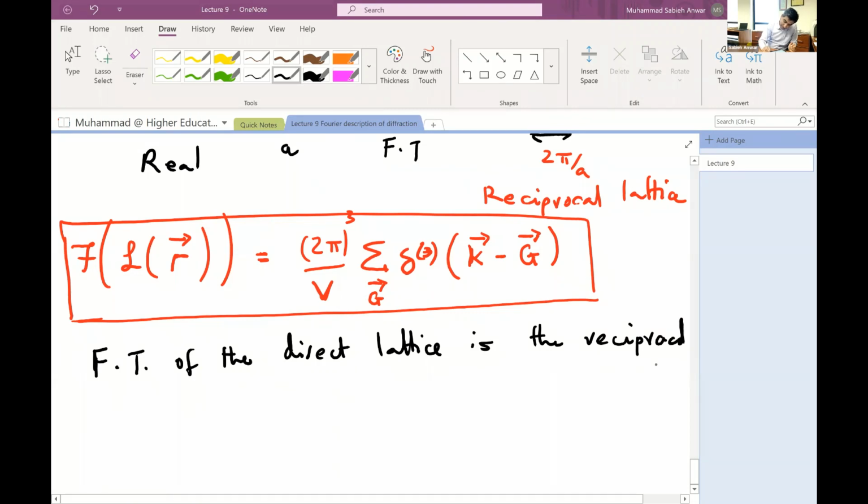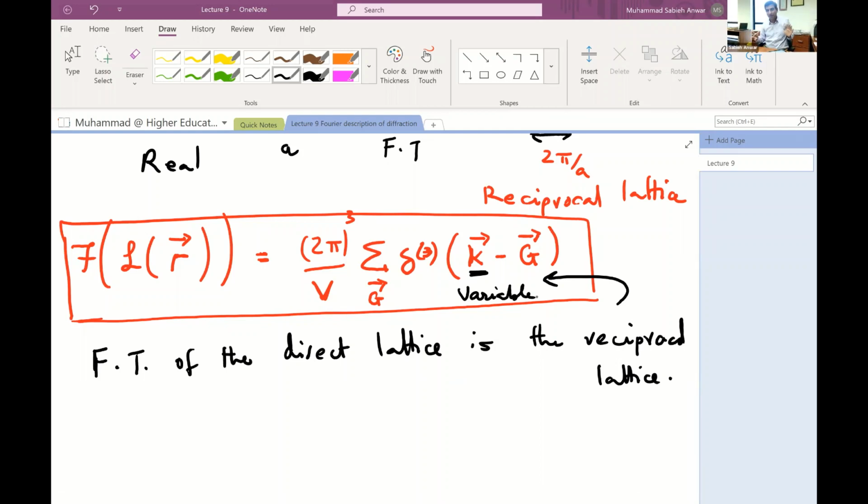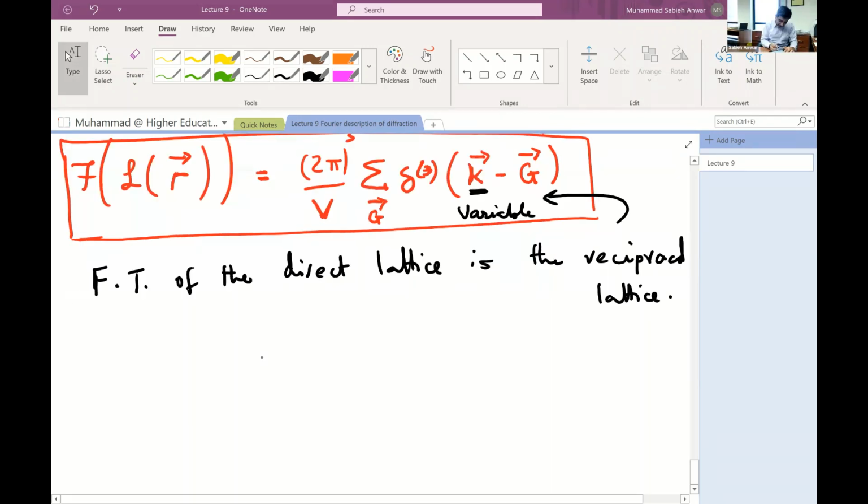And what I've written above is just the mathematical formulation of the reciprocal lattice: Dirac delta functions in K space. K is my variable because the reciprocal lattice lives in a new space, which is now the reciprocal space, or the K space as it is called. But only certain points glow, just as in a grid, as in a lattice. The reciprocal lattice is also a lattice, but in the K space. And only points which are separated by G's act. So if I were to draw the reciprocal lattice in 3 dimensions,